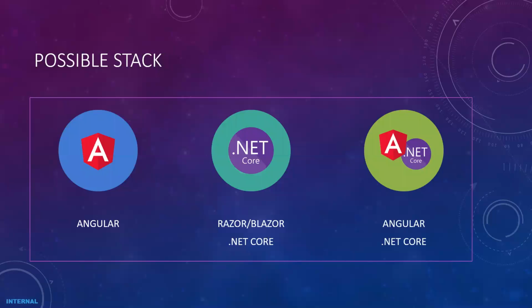And the last one is Angular. Either you make it a separate project as a UI, and then have .NET Core as a web API, so you can put them into one single project, or you can separate them into two projects. These are the possible stacks that we can explore. So in order to deploy all these three,